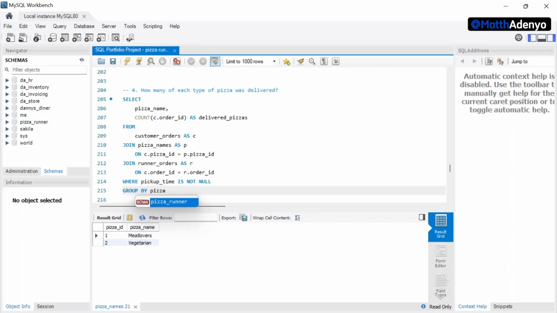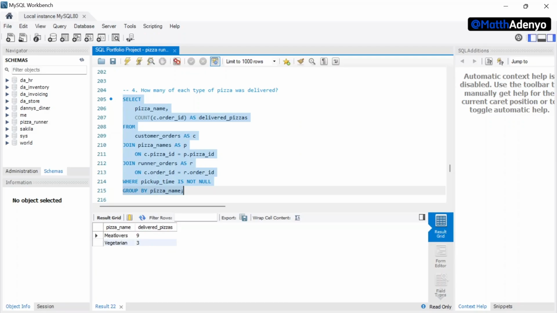So let me see if we run this, what we are going to get, or whether it's going to work. Good. So it's working. So now we have our meat lovers 9 were delivered, the vegetarian 3